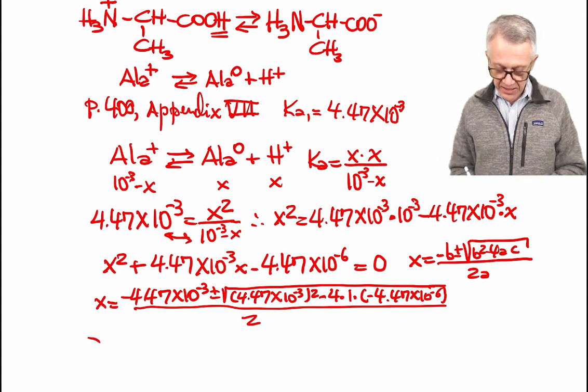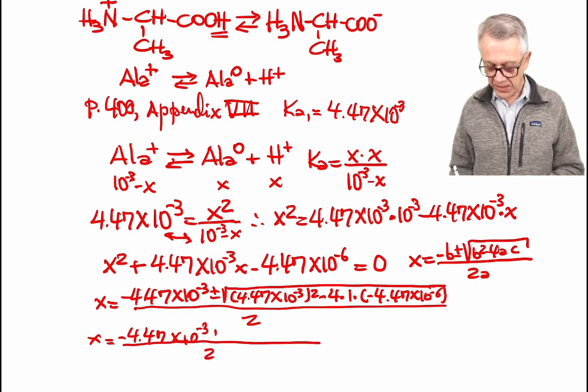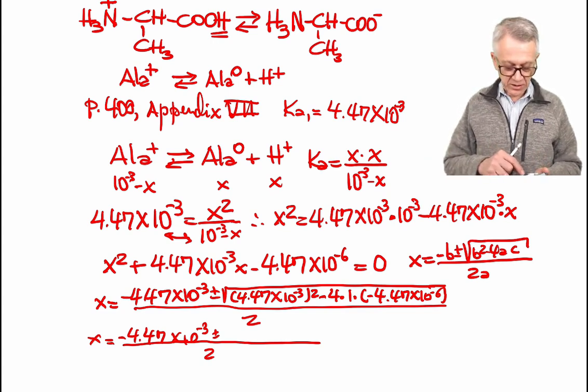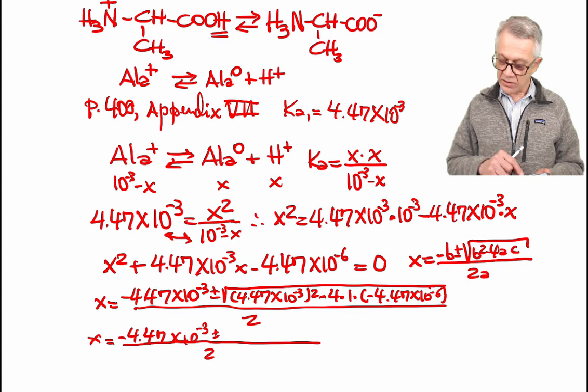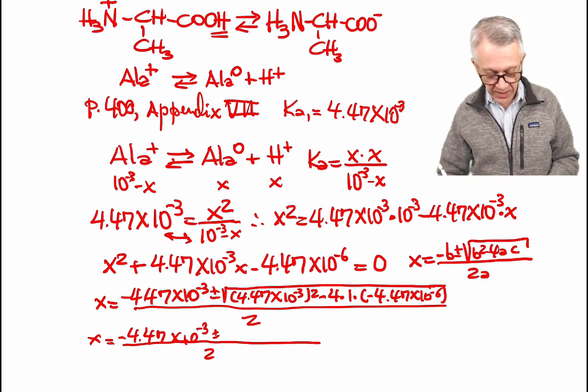So we have x equals minus 4.47 times 10 to the negative 3 plus or minus, let's see what we get. The negative inside becomes positive, for 4.47 times 10 to minus 6 and 4.47 times 10 to minus 3 squared, and summing it up gives us